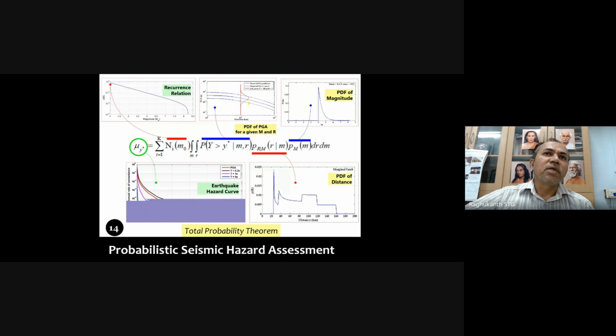Now based on this, as I showed you, this gives the probability density function for the distance. This we calculate from the geological data itself. Sorry, this one is calculated from this GMP here. And this is the probability density function for the magnitude. Now this value is calculated from that elliptical smoothing. So combining all these three probabilities, and then multiplying by this one, and summing up for all the faults, you finally get this type of hazard curve.